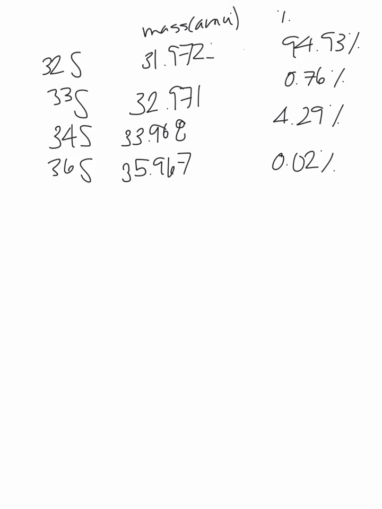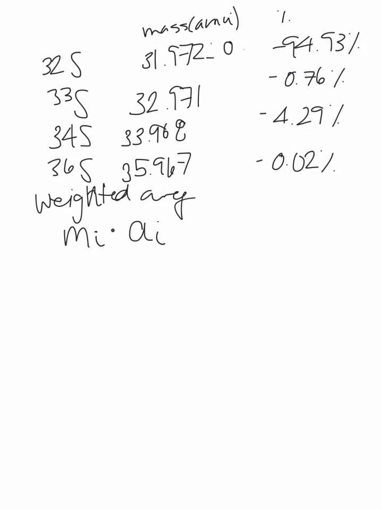The way that we would approach a natural abundance problem is we would want to find the weighted average, where we take the mass of the isotope times the mole fraction, the fractional version of the percent of that isotope, which we'll represent by A here. To get the fractional version of the percentage, we would divide these values by 100,